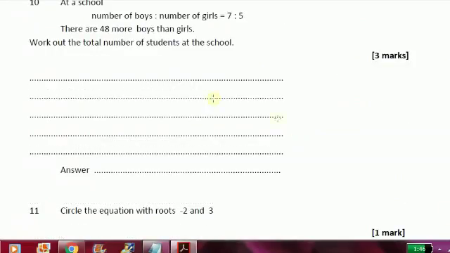Question 10. At a school, the number of boys compared with the number of girls is in the ratio of 7 to 5, and there are 48 more boys than girls. So work out the total number. So let's suppose that the number of boys is 7x. Since I know the ratio is 7 to 5, I'll call it 7x. If that's the case, then the number of girls would have to be,